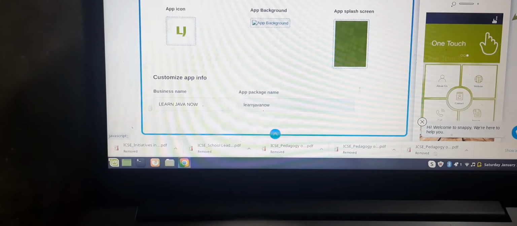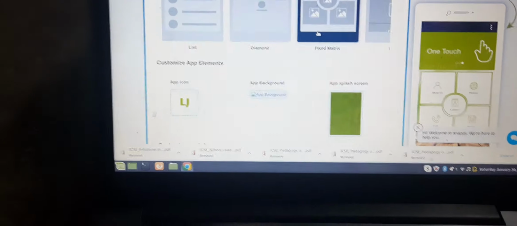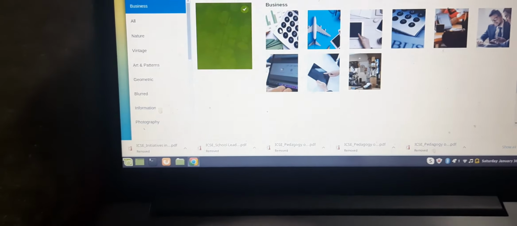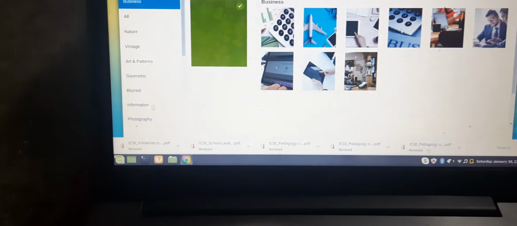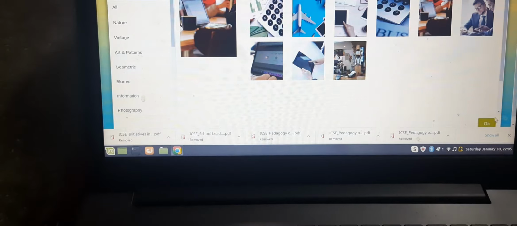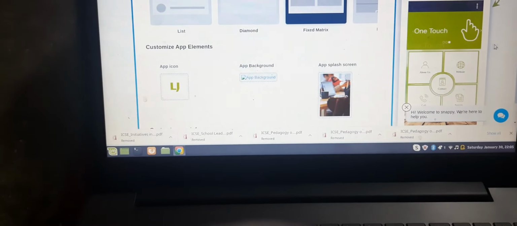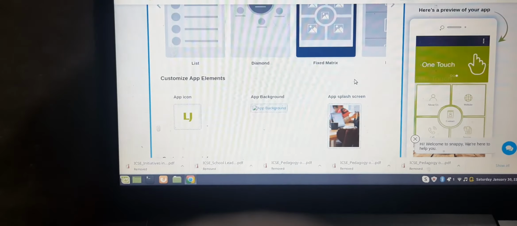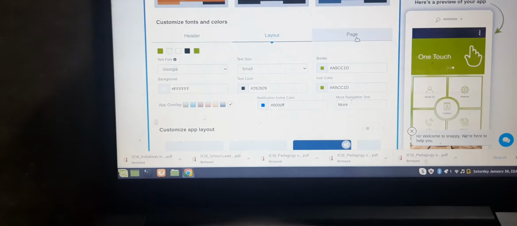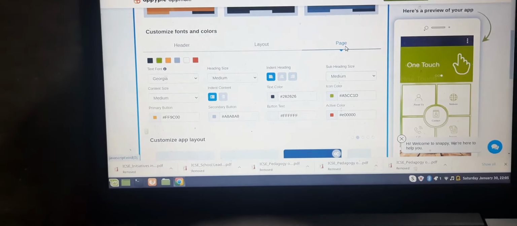Now it is coming to the splash screen. If you want any other splash screen, you can give this one, then click on OK. The splash screen will appear over here. And then finally we are coming to the page layout which you want.